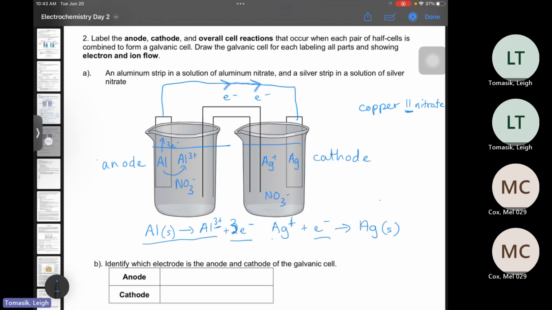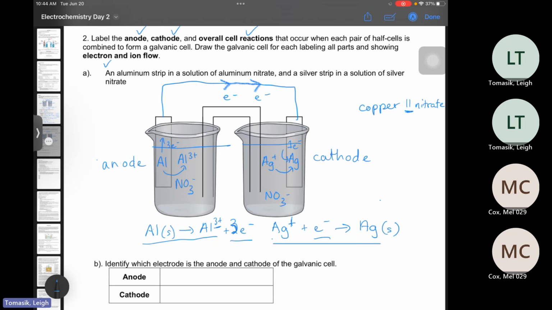And then at the cathode, it's going to go from the ion to the solid, and 1 electron will join it. So we've labeled the anode, we've labeled the cathode, we've done the overall cell reactions, we've done the electron flow,